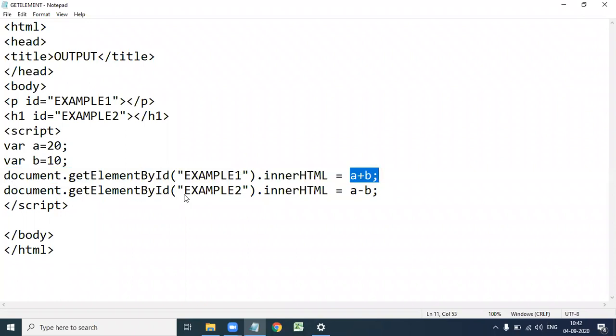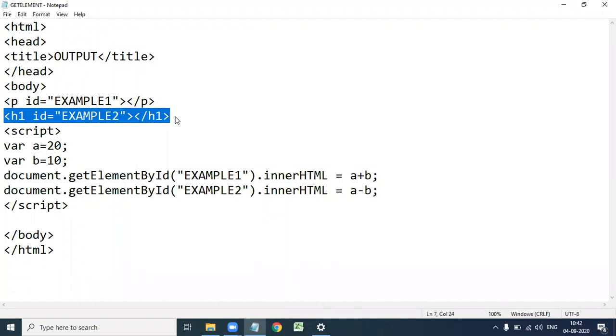Next, document.getElementById of example2 .innerHTML equal to a minus b. So here it changed the HTML content of this h1 element having ID example2 with the value a minus b.